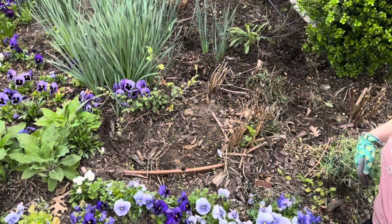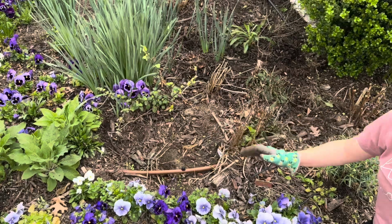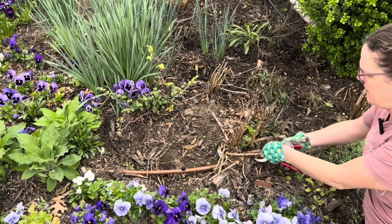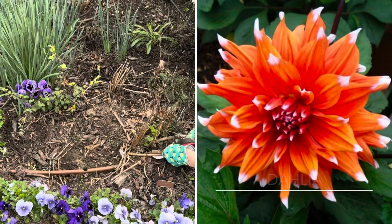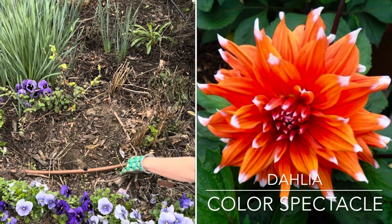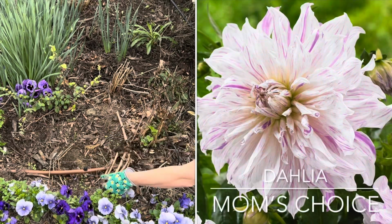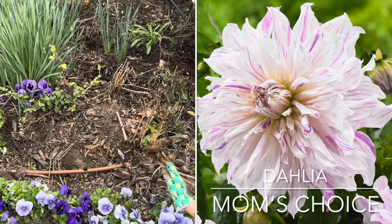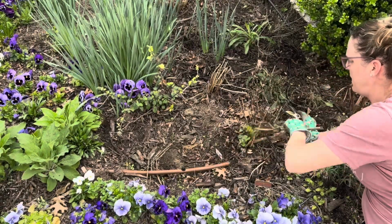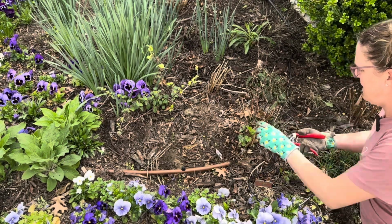Okay, there's a lot of things going on in this section. This concave you see right here is a planter, so we'll end up putting that back. Right here, this all is Color Spectacle dahlia and Mother's Choice dahlia that have been here for years. And you can see that they're already putting off new growth. I'm just gonna pull off the older parts in here and get it cleaned up a little bit. They're coming up right there, and then beside it,